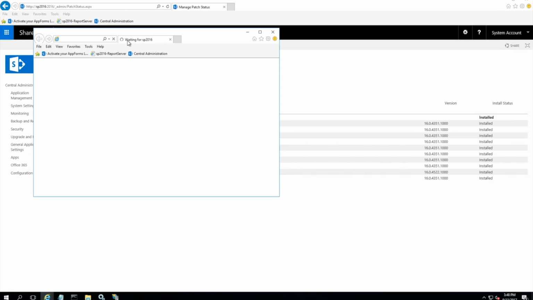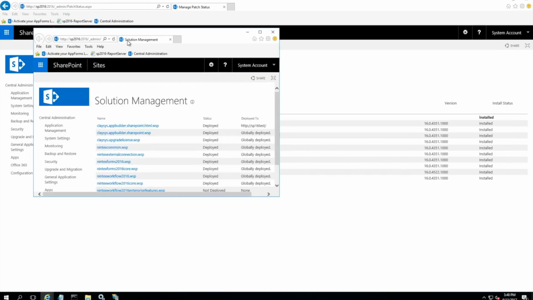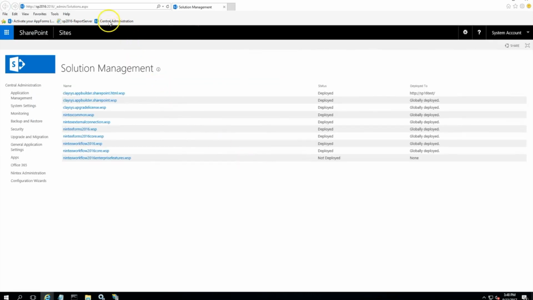What else I noticed, I mean, if you recall the previous video, that was when I was doing the installation of Places. All in all, there were actually 3 farm level solutions deployed. So at least I remember that. So here you go. It opened up and it took us straight to the solutions page. So Places had 3. Nintex has 1, 2, 3, 4, 5, 6, 7. A whole bunch of them, 7, and this enterprise one hasn't even been deployed yet. So I wonder if that was the error, but